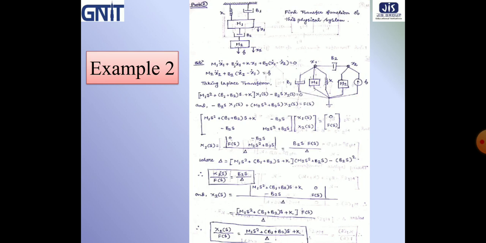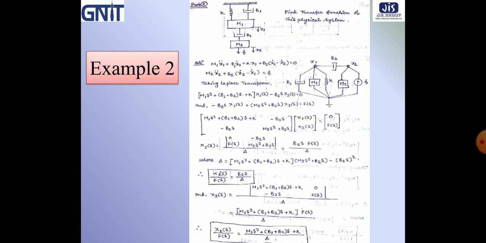Now for node 1 we already discussed the force equation. Now for node 2 we have to write the force equation, that is m2 x2. With node 2, that is x2, a mass m2 and force f are connected, and damper b2 will be there. So the force generated due to mass m2 will be m2 x2 double dot